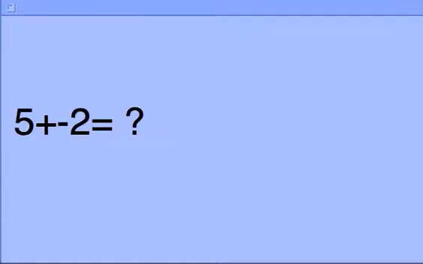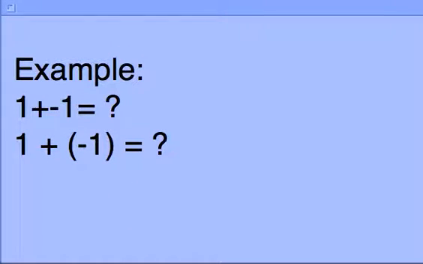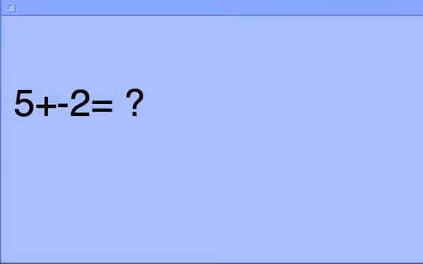Here we have 5 plus minus 2 equals. Oh, and by the way, this equals 0. Sorry. Alright, so 5 plus minus 2 equals what? Well, let's do the same thing we did last time. So we said 5 plus,